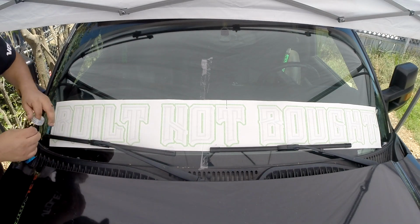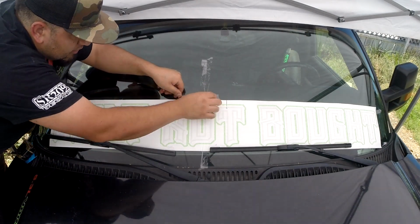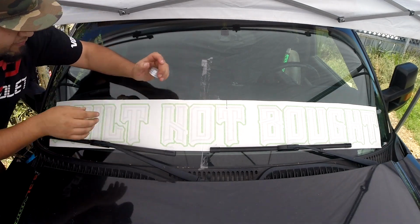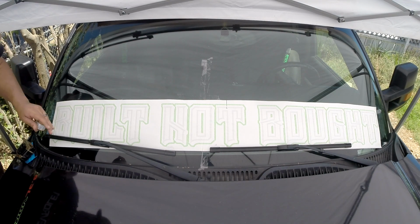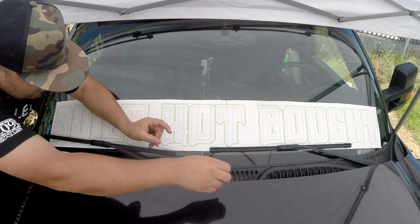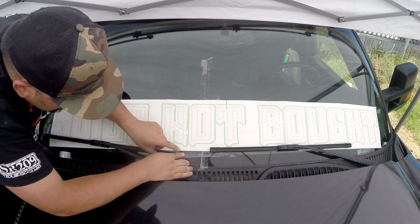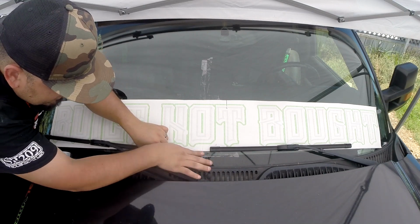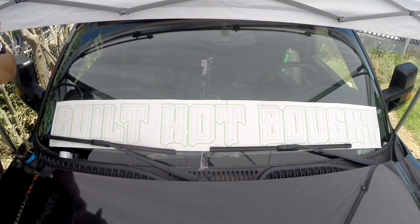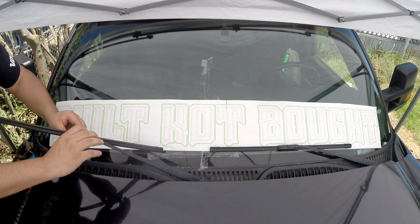That kind of stuck right there, but so I make sure that it doesn't come off, I'm going to put one right across, just like that. Just make sure you don't grab this paper. You want only to grab that tape. Alright, so that's my hinge right there. I'm going to try to see if I could